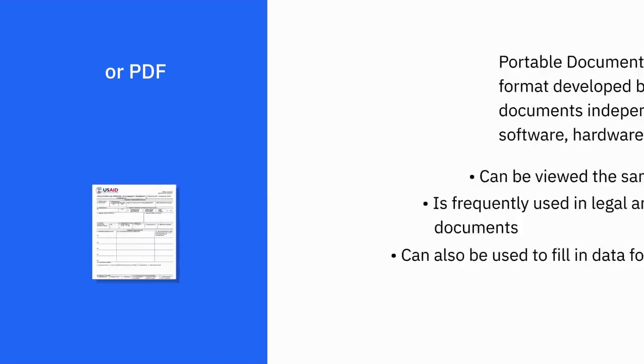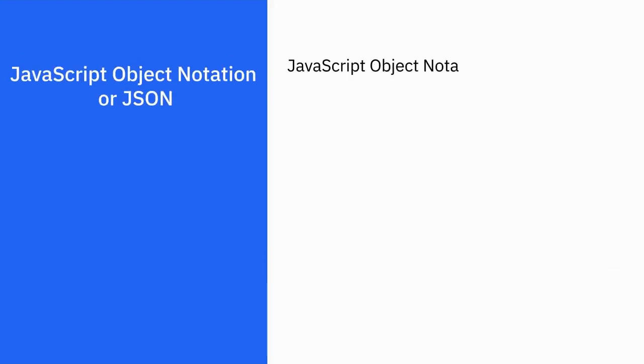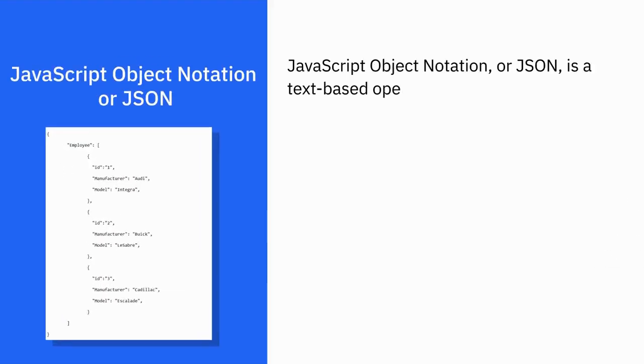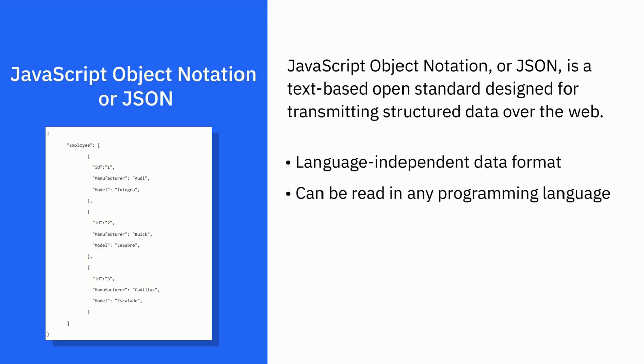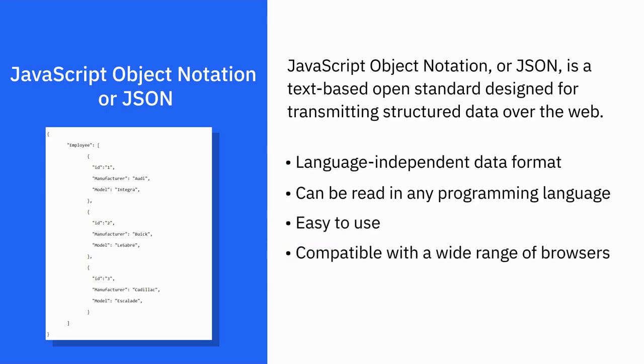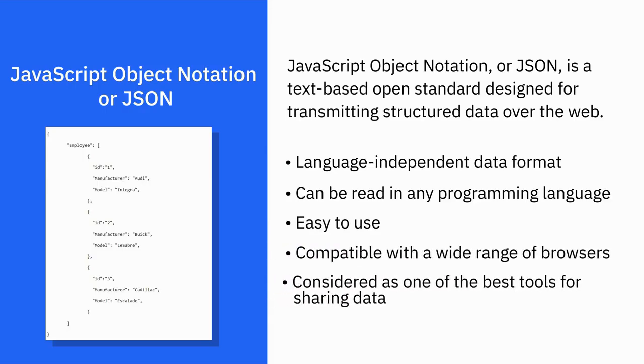JavaScript Object Notation, or JSON, is a text-based open standard designed for transmitting structured data over the web. The file format is a language-independent data format that can be read in any programming language. JSON is easy to use, is compatible with a wide range of browsers, and is considered as one of the best tools for sharing data of any size and type, even audio and video. That is one reason many APIs and web servers return data